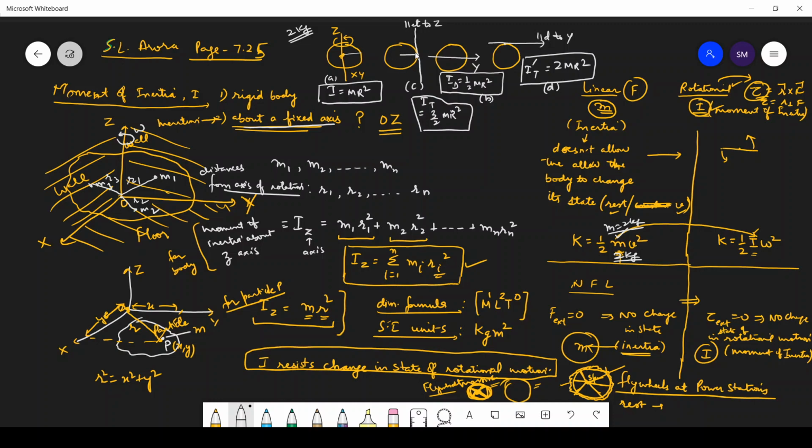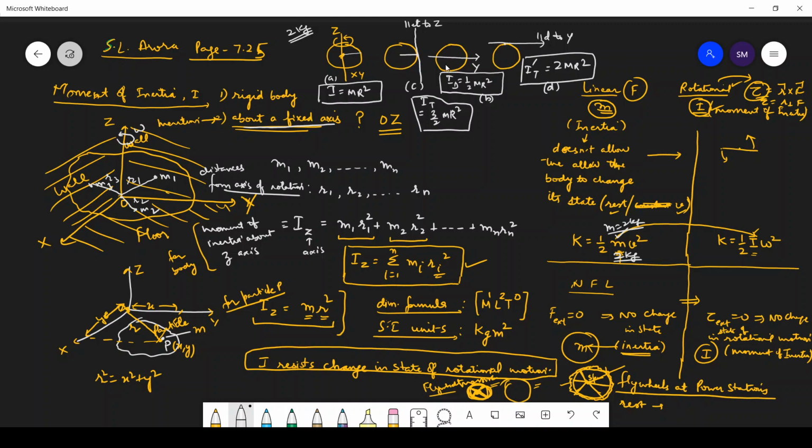So in this case, this mass is very near to the axis, but this mass has gone too far away from the axis of rotation. That is why it is 1.5 times, because this half of the mass has gone so far away from the axis, so it increases. Okay,